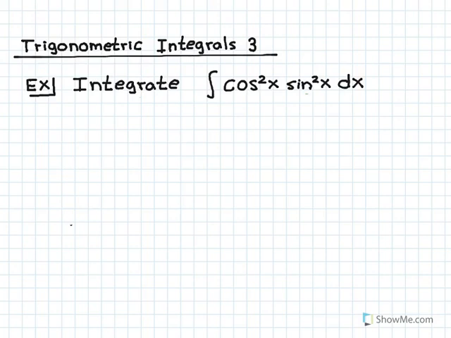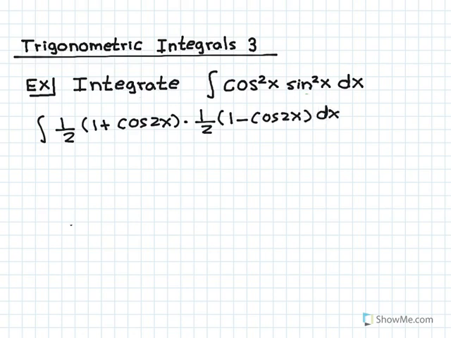In this video, we're going to look at some more trig integrals. Here we have the integral of cosine squared x times sine squared x dx. So we have an even power of cosine x and an even power of sine x. We're going to apply the half-angle trig identities. So we have the integral of 1/2 (1 plus cosine 2x) times 1/2 (1 minus cosine 2x)